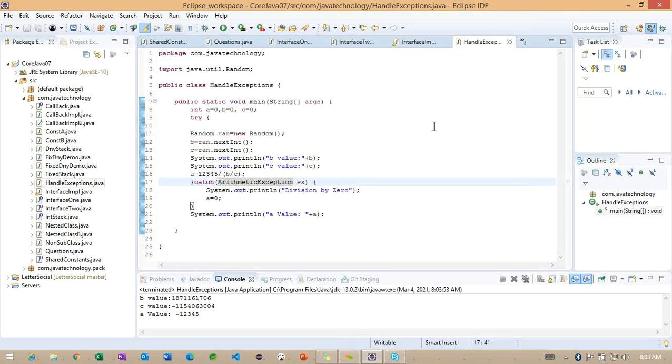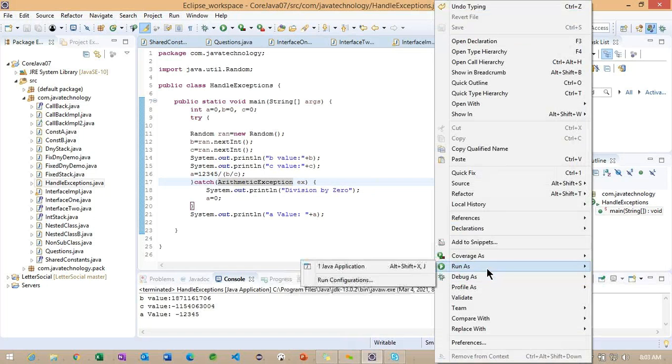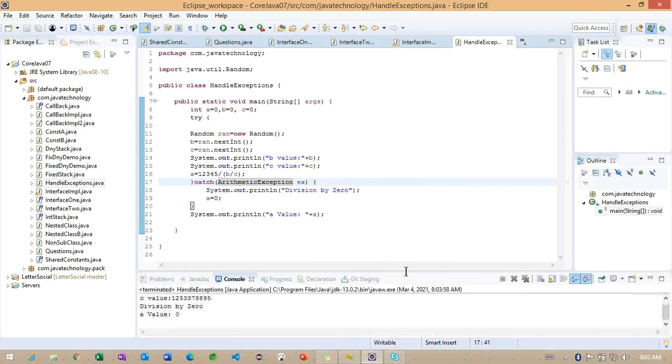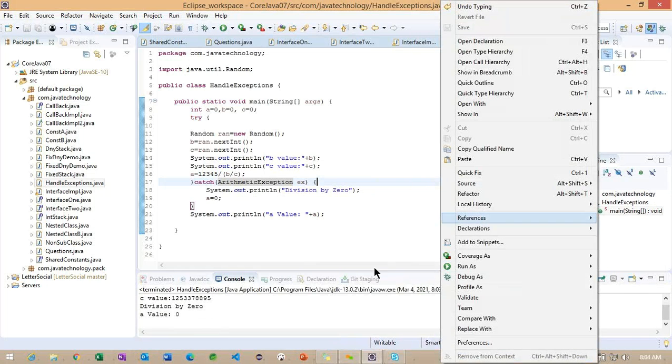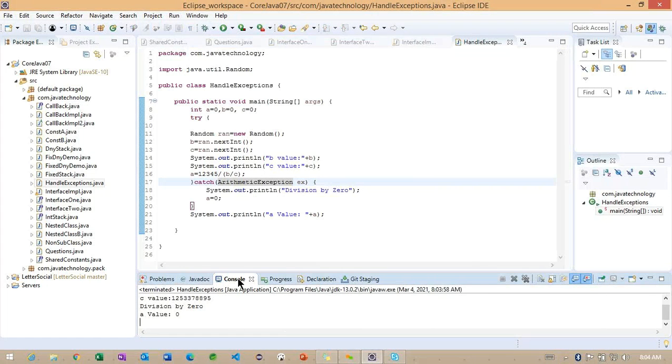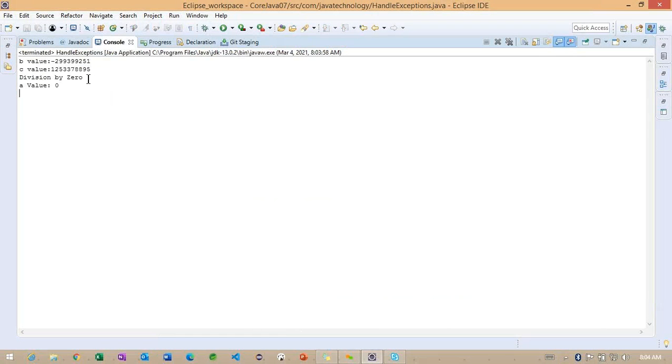So if I run one more time, you can see, every time we are going to have different values here. a value 0. So you can observe here, this time it handled the catch block. We don't know when exactly the catch block is going to handle.